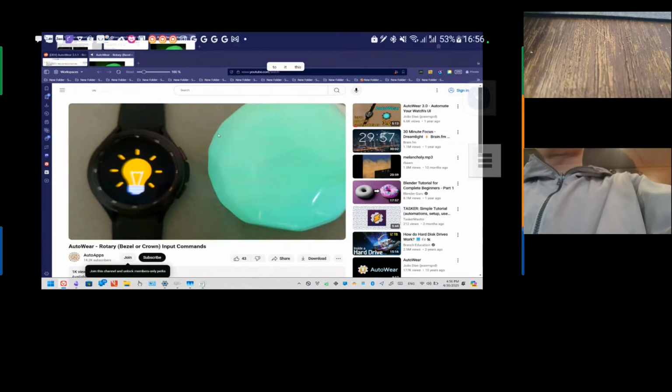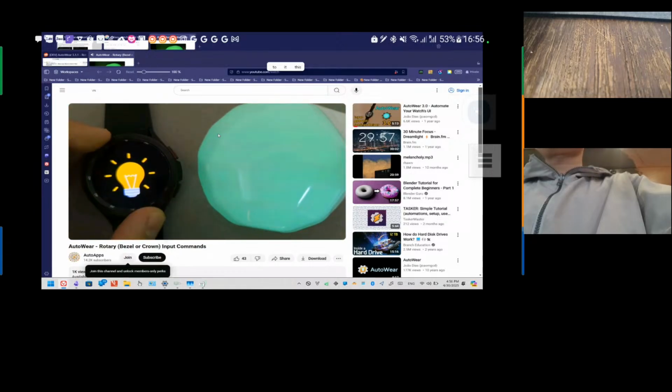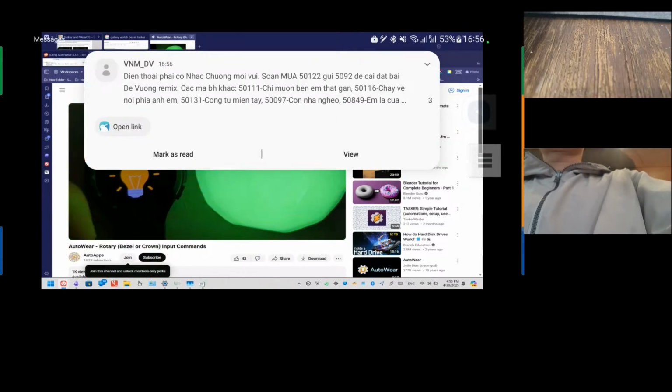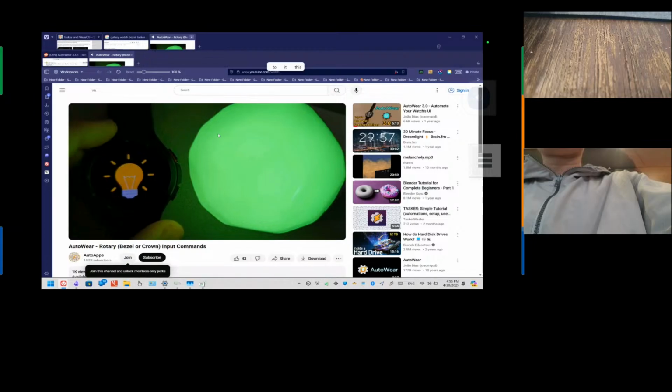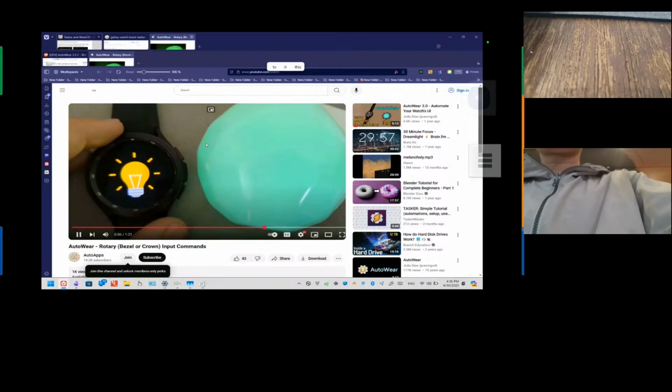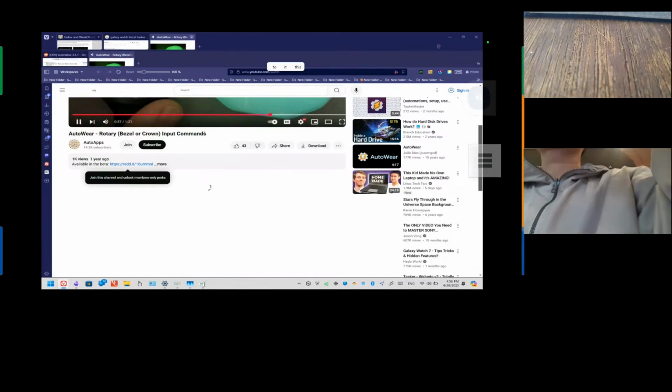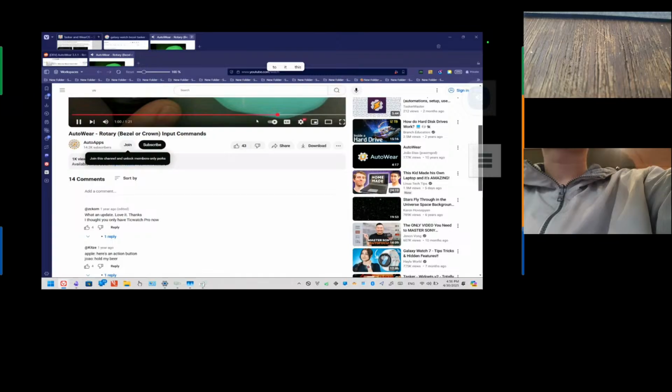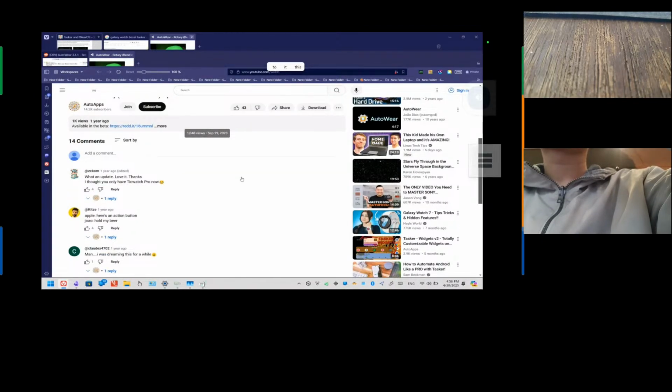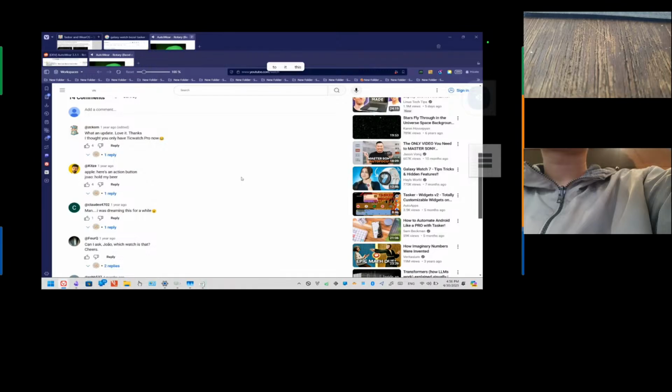Of course, since this is AutoWare and Tasker, you can use this for whatever you want. You could use the commands the bezel sends and control anything on your phone, anything on your watch, anything in your home automation, or anything else you can think of. So this is the new